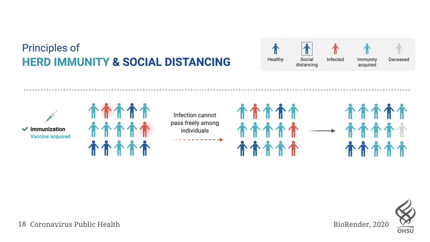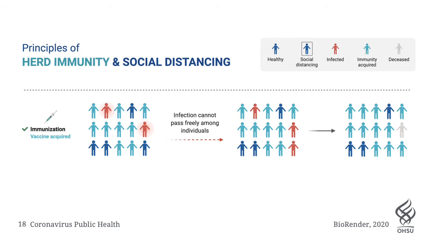In the best case scenario, you acquire a vaccine. There's a number of efforts working towards developing a vaccine for COVID-19, and I'm very optimistic about that, but we'll just have to see how it goes. When you're able to acquire a vaccine, the infection can't pass freely among individuals. Individuals are protected from the spread of disease by those that are infected. Only unvaccinated individuals or individuals who are not properly isolated from society will become infected. Those infected individuals will then either pass away or acquire immunity themselves through experiencing the infection.